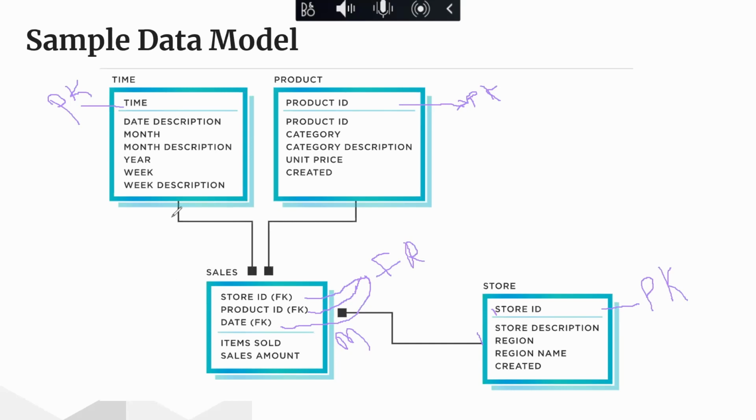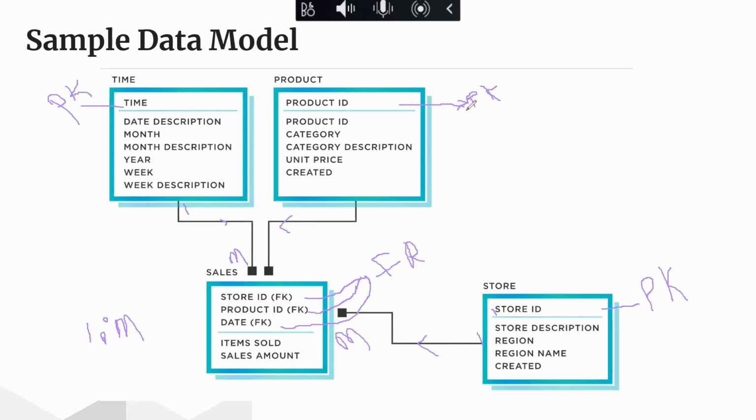So in essence, there's something that we call the cardinality of the relationship, right? You don't really need to go heavy into it, but it gives you an idea. One record here appears many times here. So this is the one to many kind of relationship. If you want to put it using notation, this is one to many, right? So one to many, one to many. This is the direction of the relationship. You're moving in this direction. So each product here has records here.